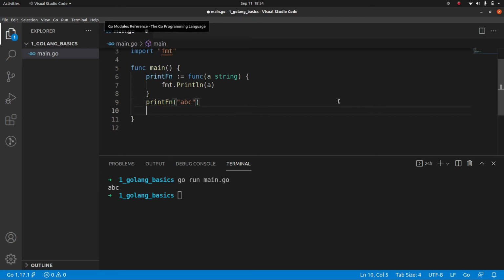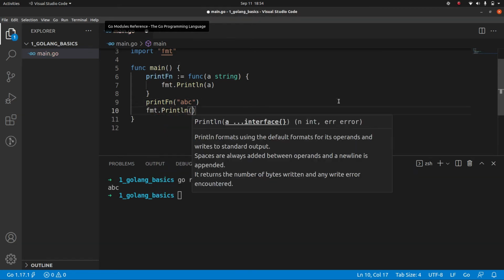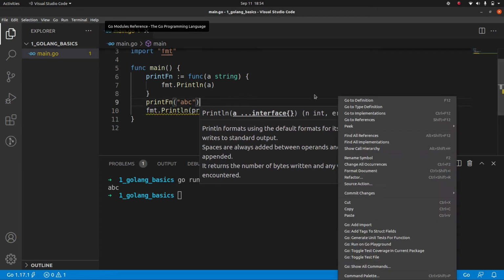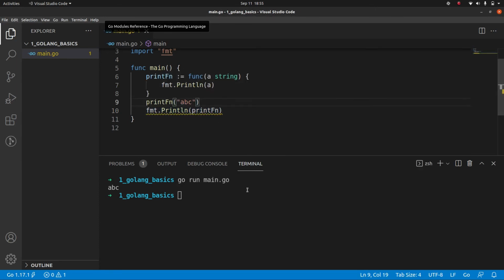Let's see what will happen if we print the function. Print func. So if we do that, we'll actually get a pointer. Yeah, that's what we will get. Okay, now